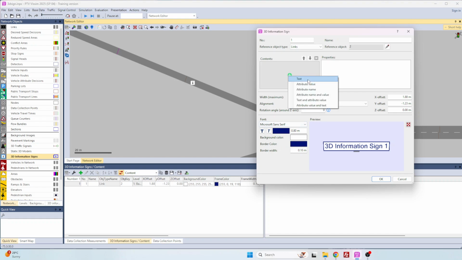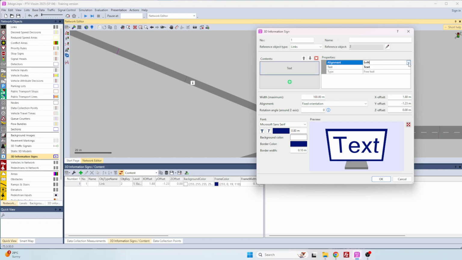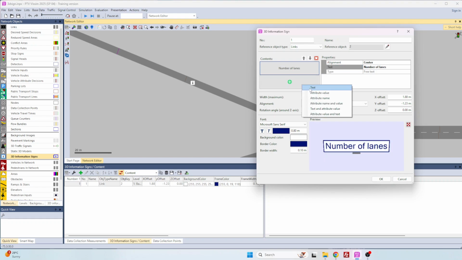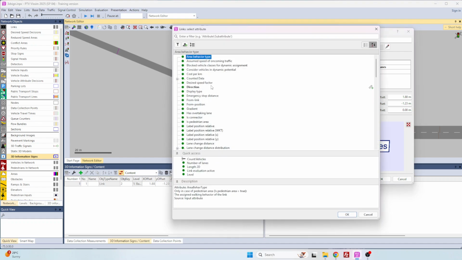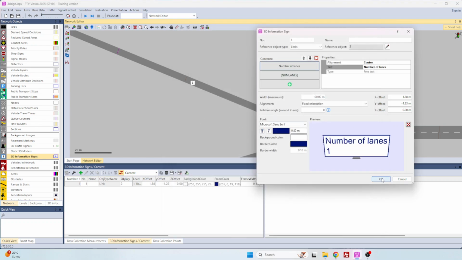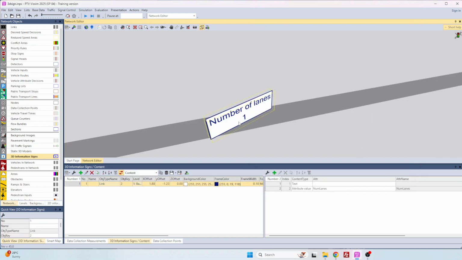So let's show a text, and the text I want it to be in the middle. And the text is number of lanes. And I want the attribute value of that link, number of lanes. And I want this to be in the center as well. Here you can leave everything as it is. Let's just leave everything as it is. And as you see in 3D,